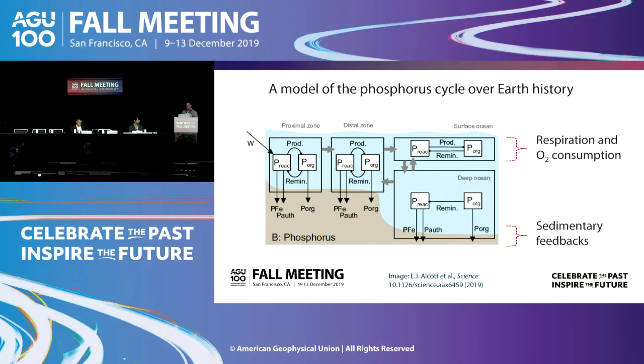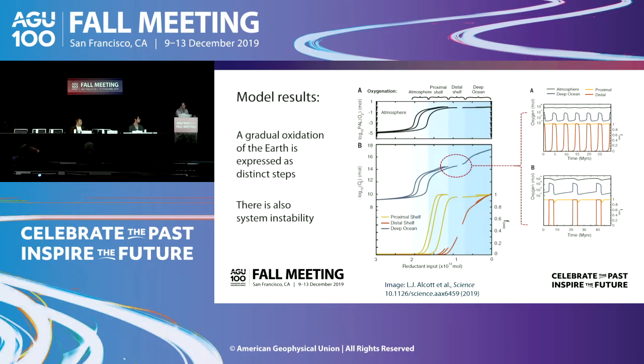Now, this is the sort of thing that people think happened millions of years ago in what are called ocean anoxic events. But we're going to treat it in a very different way here and think about what happens when you start anoxic and start to gradually oxygenate the system. So we took this very simplified model, and we set up a suite of runs where we vary how much reductant we're throwing into the system.